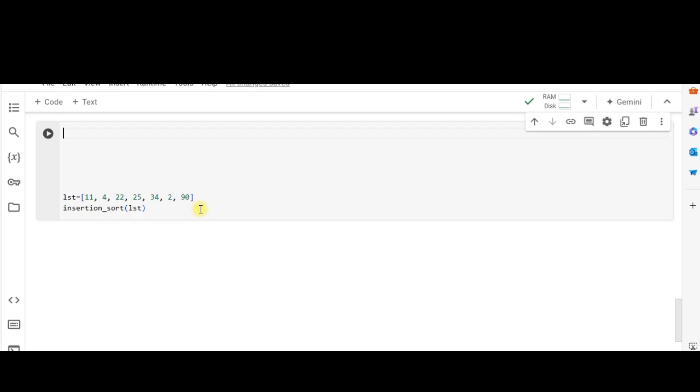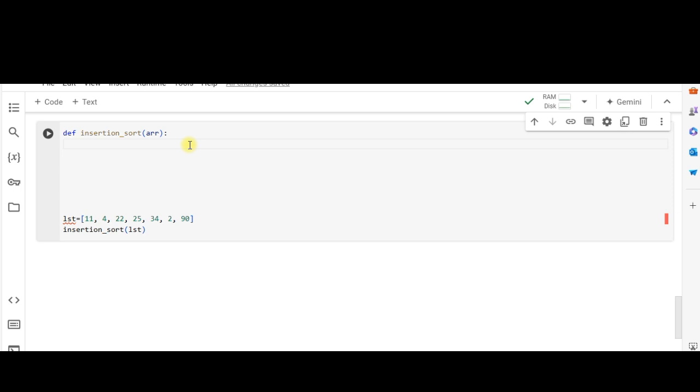Now let's implement that using Python. Here you can see a list containing 11, 4, 22, 25, 34, 2 and 90, and we have a function called insertion sort. So let's make that insertion sort function. First we will pass the list through here, so it should be array, and then we have to do